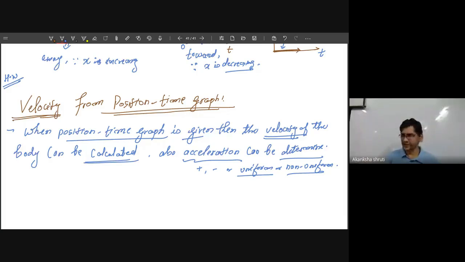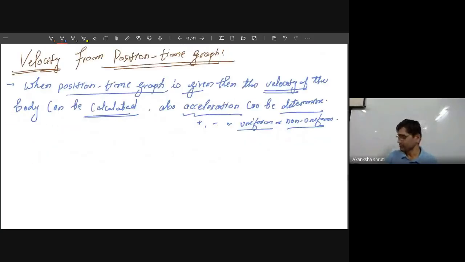Means if the acceleration is not increasing or not decreasing, then it is uniform acceleration, means constant or fixed acceleration. Whether the acceleration value is positive, means the fixed value that we have calculated, or negative, means retardation, means when the speed is decreasing. So this can be predicted from the graph. So how to predict that is more important. Those things we are going to learn today.